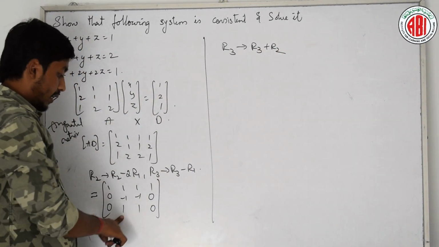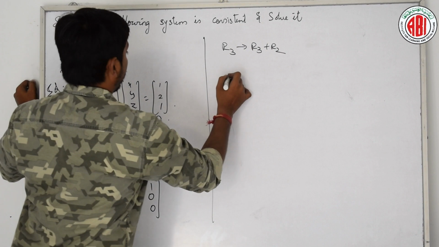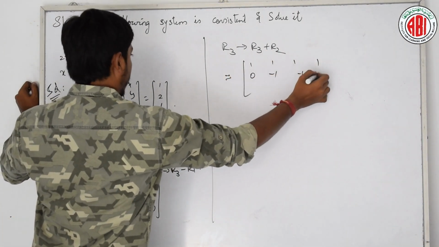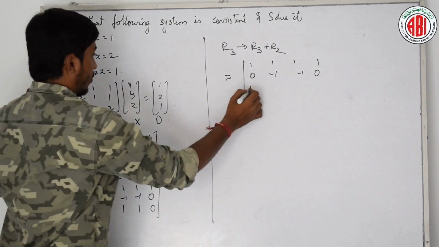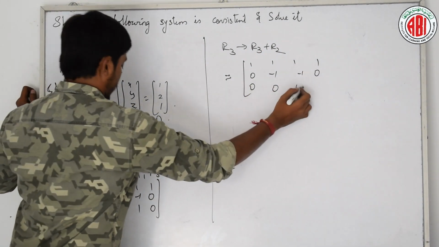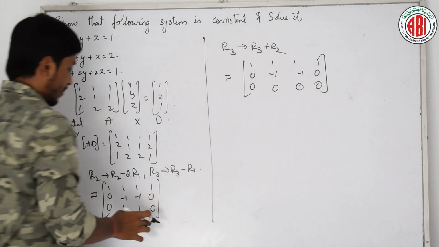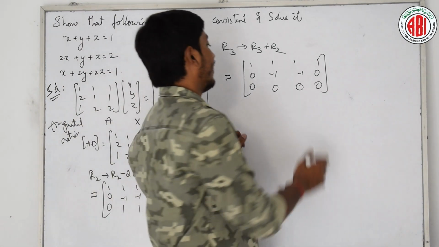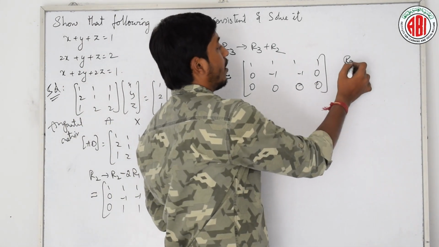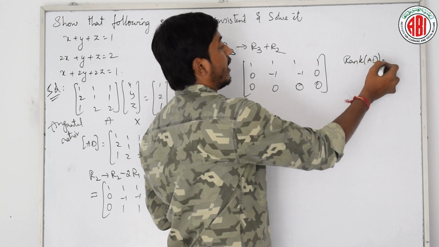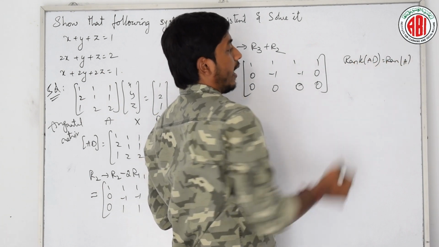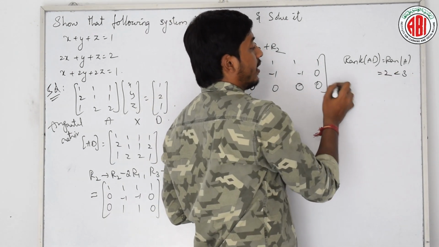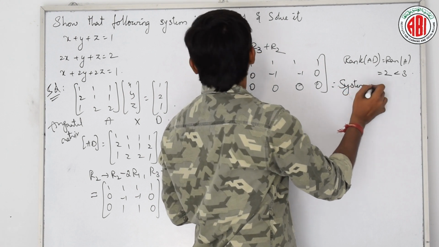That will be making these two terms also as zeros. Now see here, 1, 1, 1, 1, 0, minus 1, 0. Here 0 plus 0 is 0, 1 minus 1 is 0, then 0, then 0. Now tell me, what is the rank of it? You can tell directly, right? Here, rank of AD is equal to rank of A, that is equal to 2, which is less than 3. Therefore, we know that system is